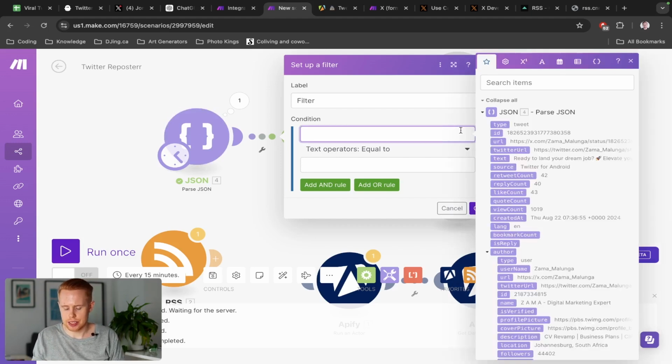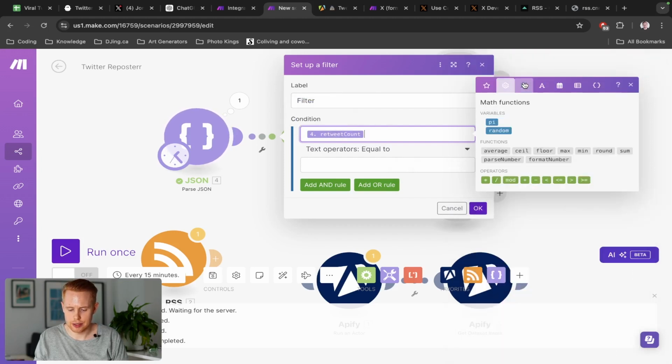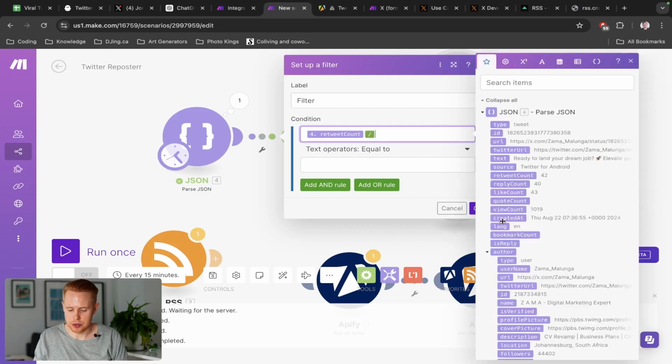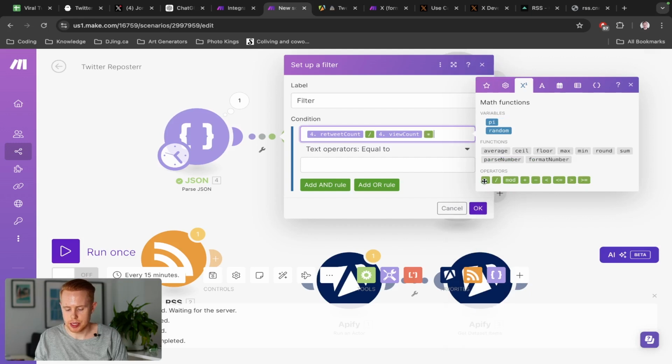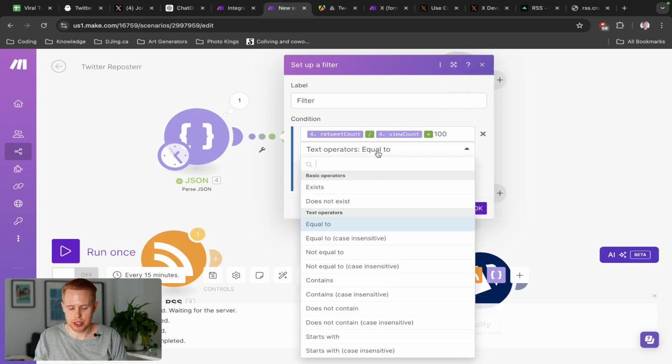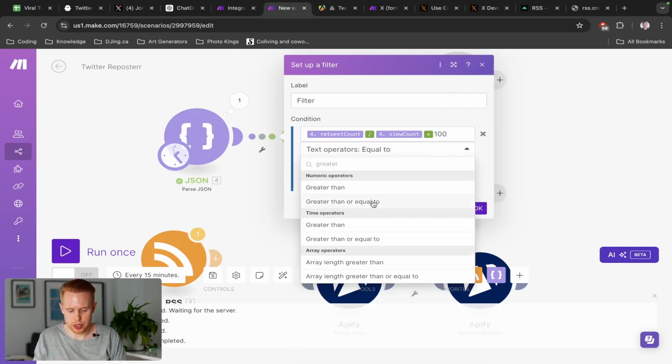So the first condition is that we want to see what the retweet count is versus the views. What we need to do is enter in the retweet count, which is 42 right here. Then we need to divide that, so we'll go into the math operators. We're going to divide this by the total amount of views, and we'll put the views here. Then we're going to times this by 100, because it's going to give us a percentage out of 100. That's quite nice. And we want to make sure that this is greater than or equal to,